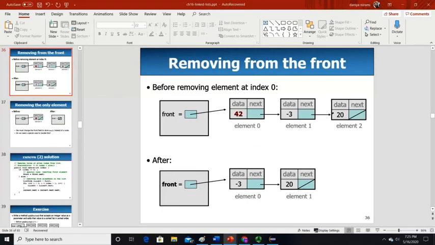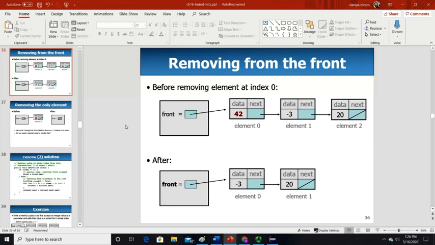Okay, let's see this one. This is element 0. Let's say we want to remove 20. You have to stop at the node before it, because that node is holding 20. You set its next equal to null, and that 20 is already removed. That's why, to remove something in a linked list, you stop one step before.